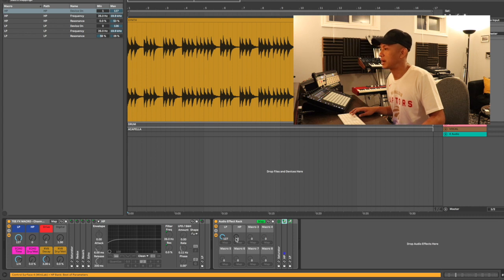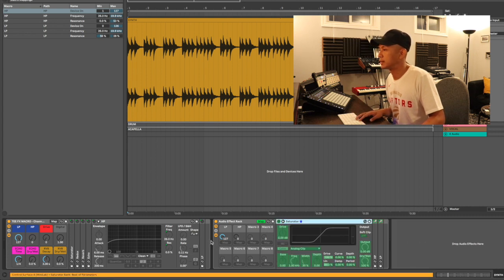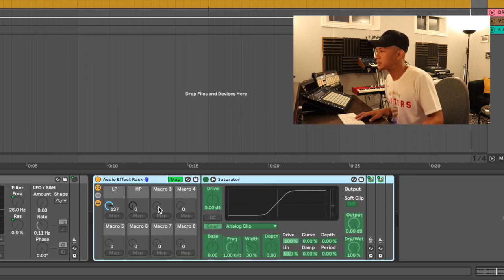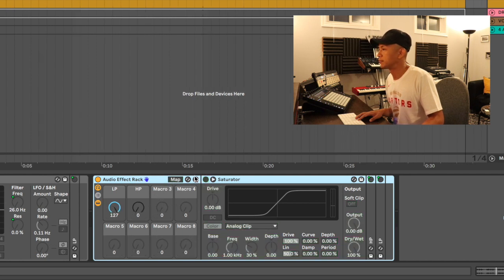Great, so I have my low pass, I have my high pass, and then now I got to do my saturator. So the saturator, what do I want to be happening here? I want this to drive, but at the same time, I don't want this to be crushing my output and just completely fuzzing up the entire sound. What do I mean by this? If I just turn this on, and right now the low pass and high pass aren't activated, so we're not even gonna hear that. But if I just turn this on and I play this sound,